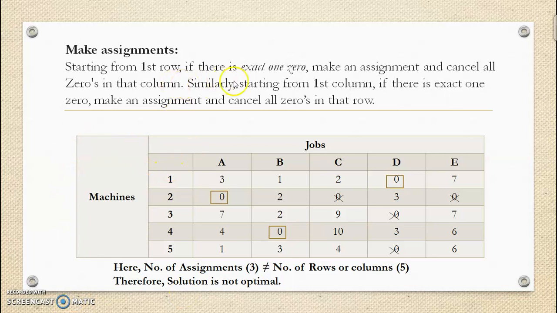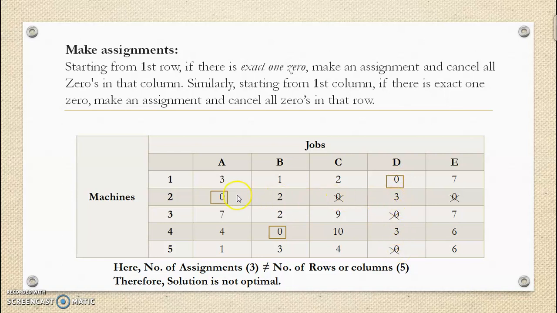So here we have to start from the first row and observe whether there is exactly one 0, and if there is exactly one 0, let us make an assignment for that row. Consider the exact one 0, make the assignment by drawing a square, and in the respective column if there are any extra zeros, cross them out. Then proceed for the next assignment.